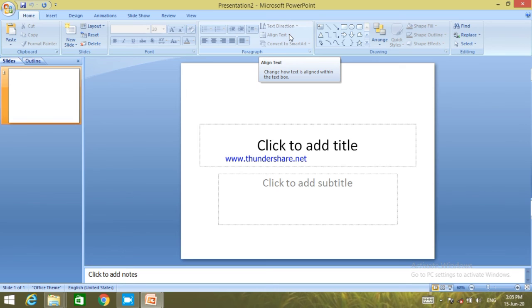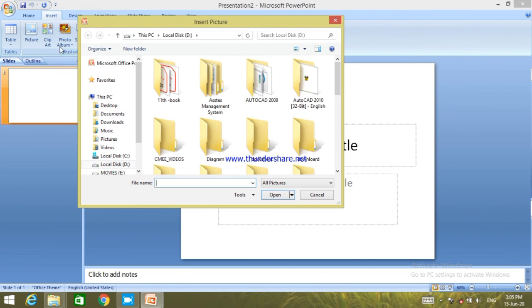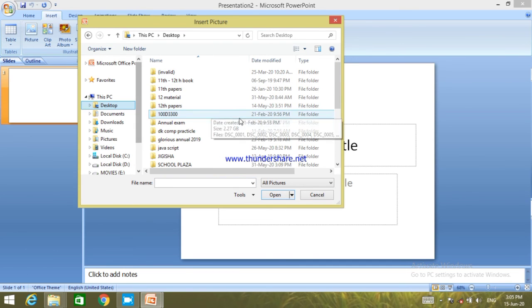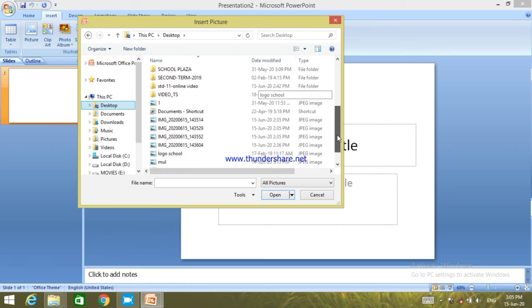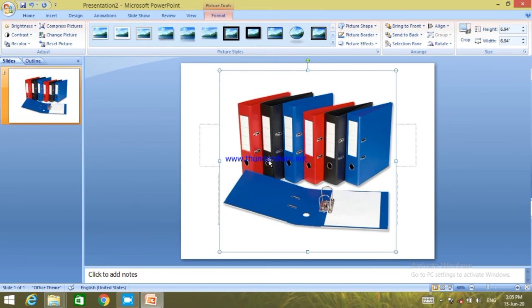Suppose the image is copied, then paste, adjust the image, okay, add images.